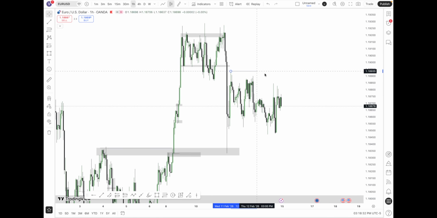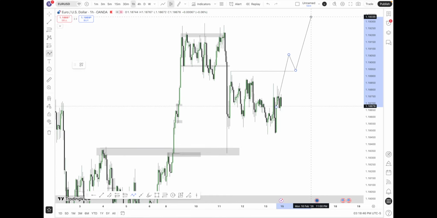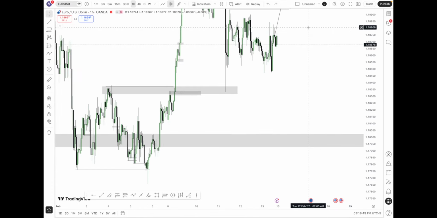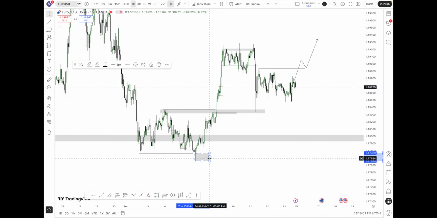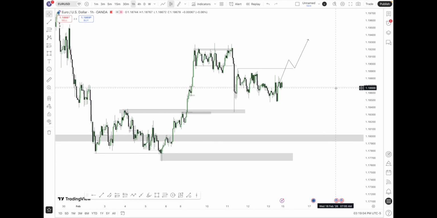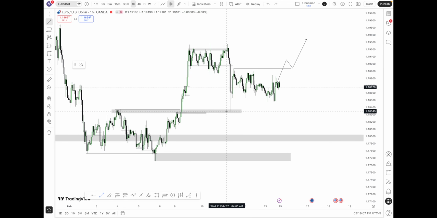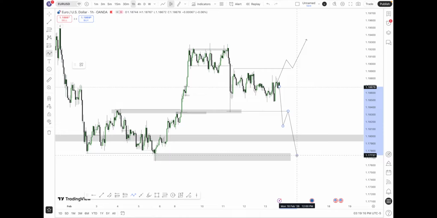And my analysis for the next week would be breaking above this, giving a retest above this, breaking above it, giving a retest and going up. Or the next zone would be, this is the next buying zone, or it would take down these lows, continue down like this to here, to the demand zone, and continue towards the upside,